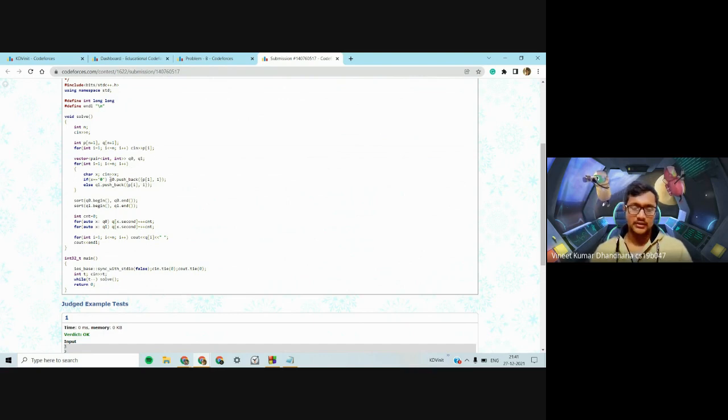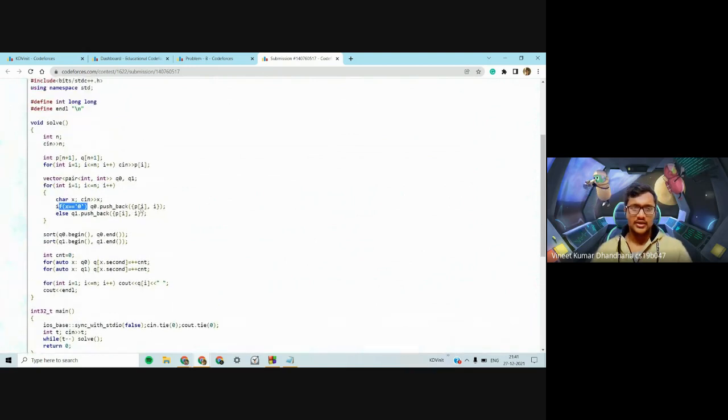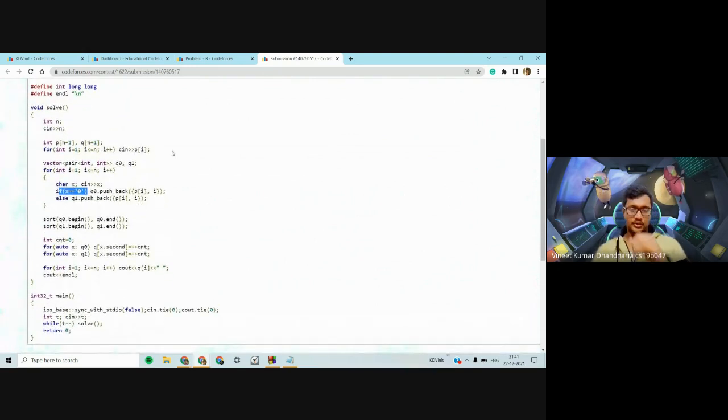So if Monocarp did not like a song, you push it into q0, otherwise you push it into q1. You sort them, and after that you just go through them, keep on incrementing a counter and assigning the ratings. In the end you just print it out. You can just go through the code briefly. I would put in the links in the end, so you would be able to understand.